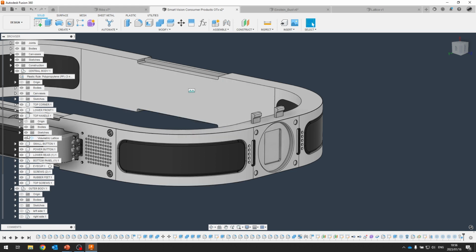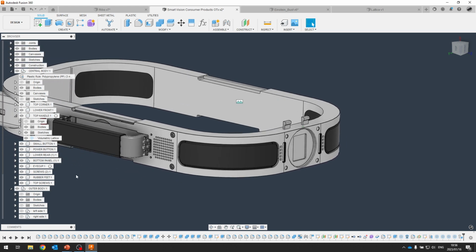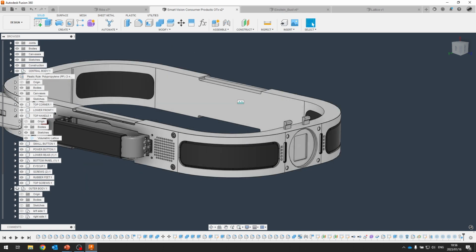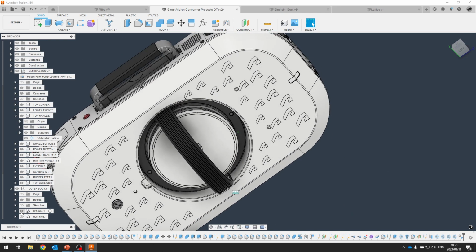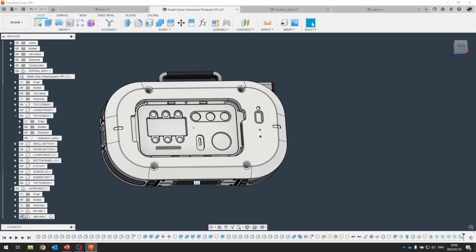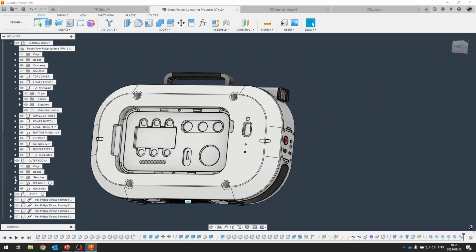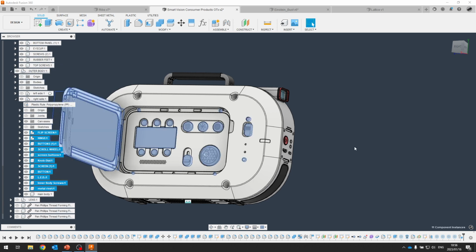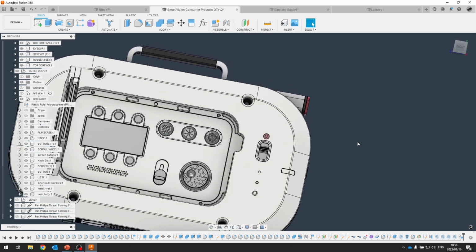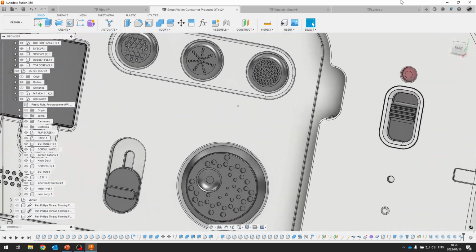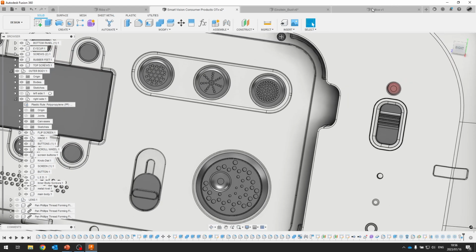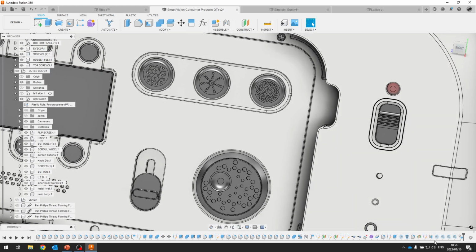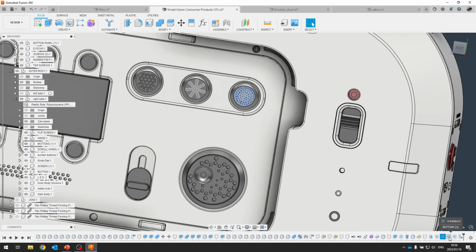Now with regards to the geometric patterns, we will go to the right-hand side, and we need to switch on various components on the right-hand side. Here we can see the different geometric patterns within the design, and in the timeline we have the geometric pattern commands shown. So I'm going to go ahead and grab the central one here at the top middle,